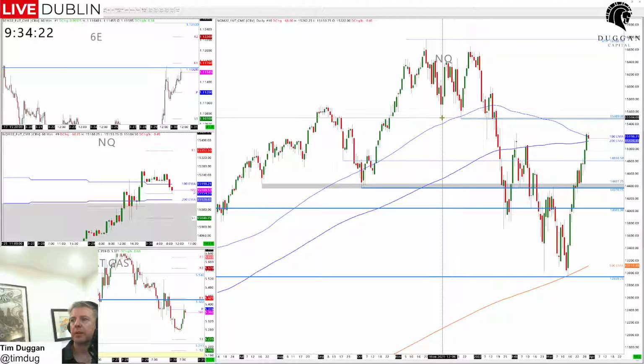And if this situation in Ukraine softens, with talks imminent, I think they're meeting in Turkey today to discuss peace talks and further withdrawal of troops, this is all really good for equities for further upside. But if you do hear there is a disintegration and a walkaway from these talks, you are going to see that pullback onto 14,810s half. And then we'll see where we lie. But for now,